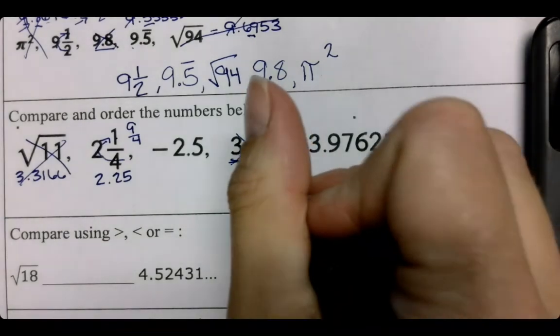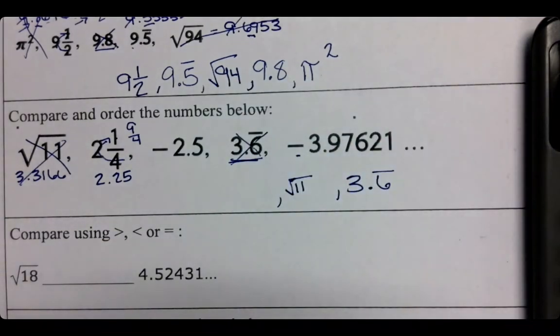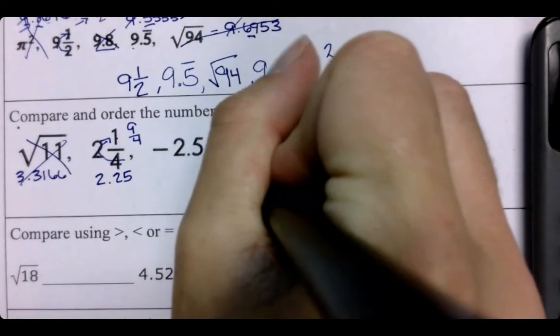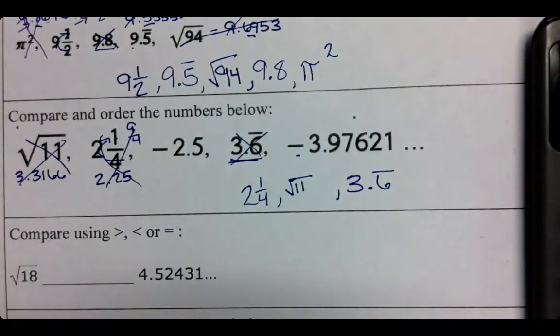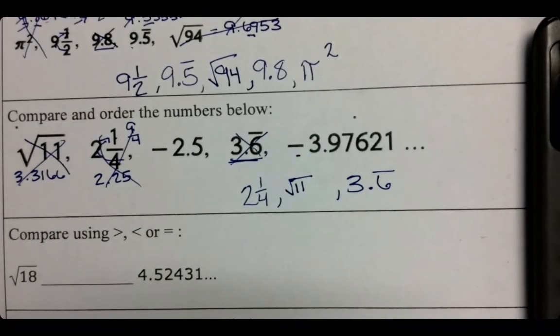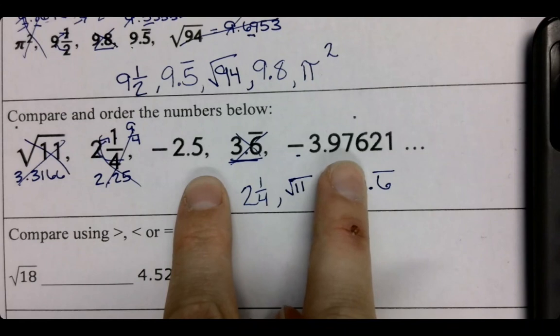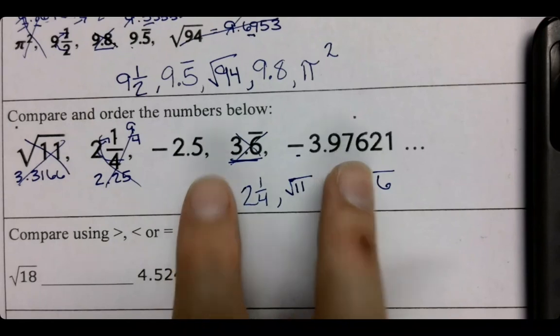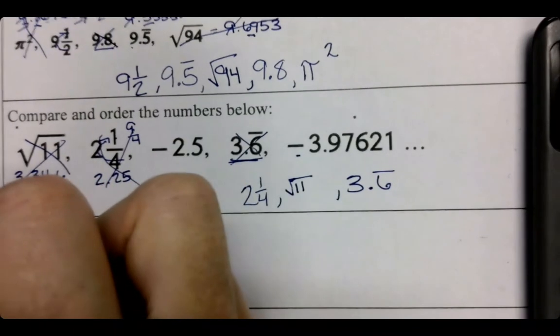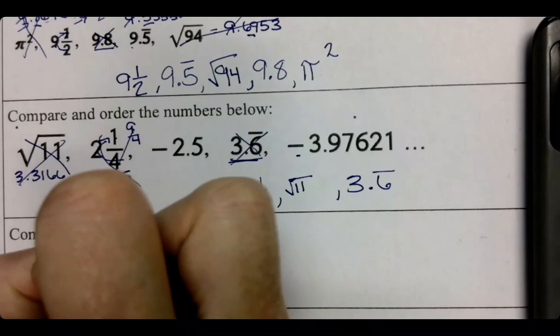What number should go to the left of that square root of 11? Which one is the next biggest? Good, that 2 1/4. So now figure out which order these two should go in. Keeping in mind that negatives are a little bit different than positive numbers. Welcome back. We should have had the negative 3.976